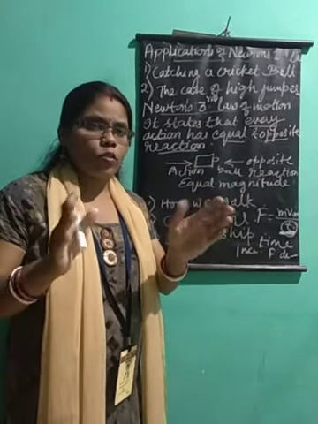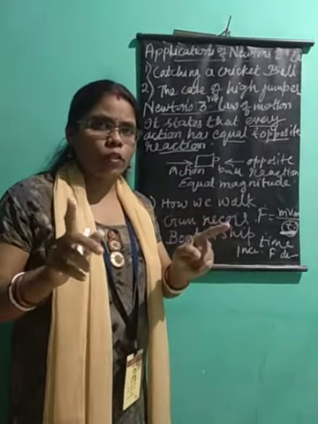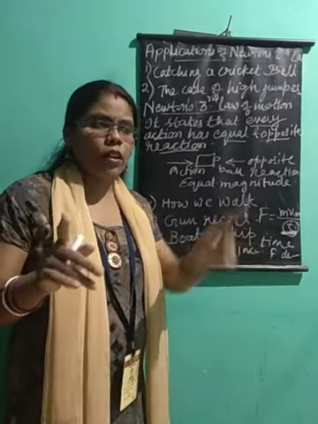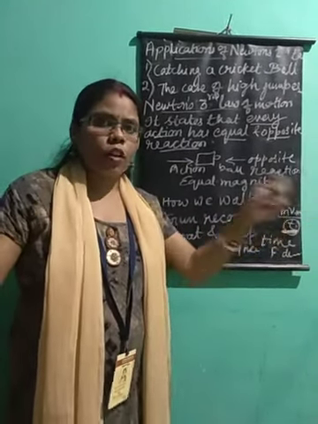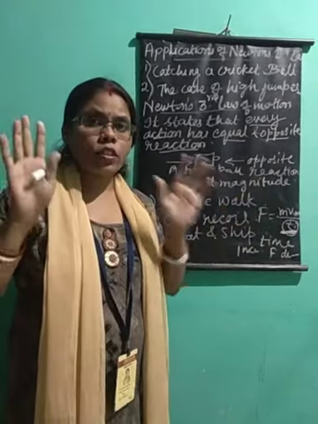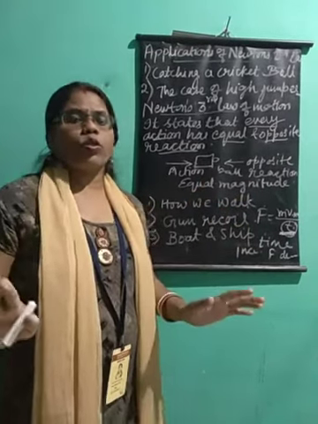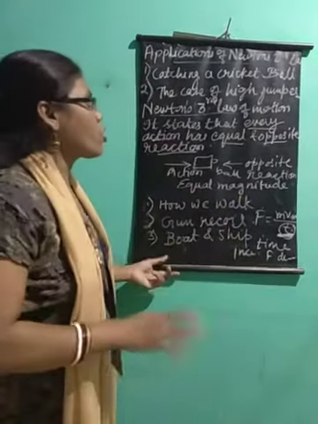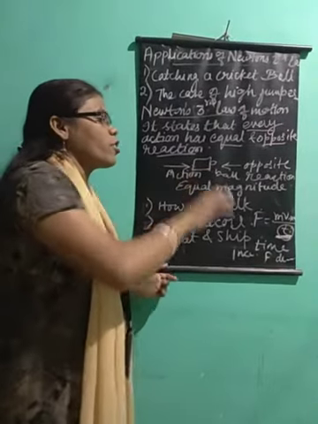This is another object. So it is not balanced force. I told you balanced force, equal and opposite force, is balanced force. There is no effect of force. But here, since the two objects on which the force is applied are different, hence it is not balanced force. Okay. So Newton's third law of motion states that every action has an equal and opposite reaction.